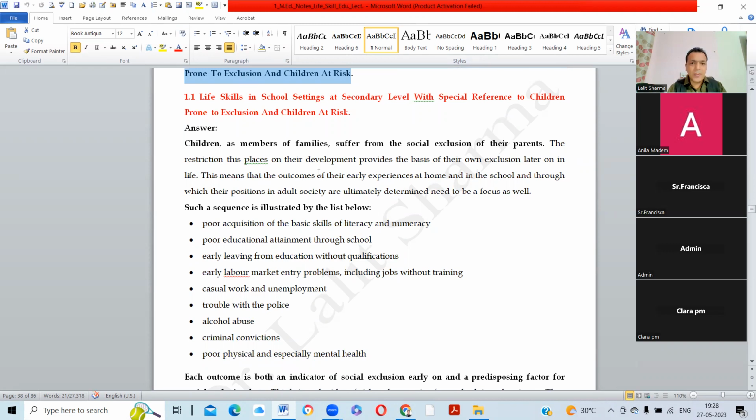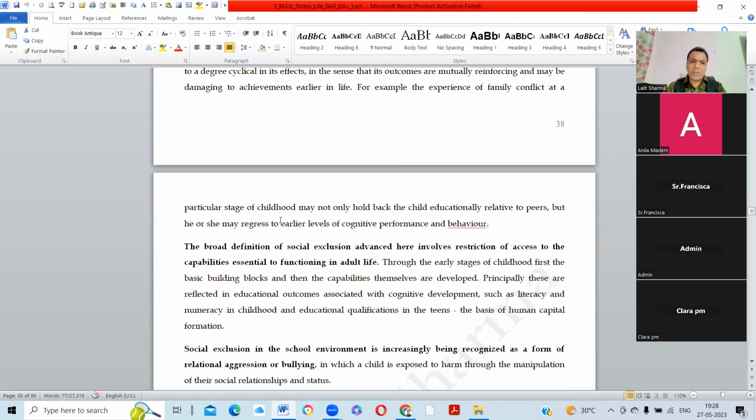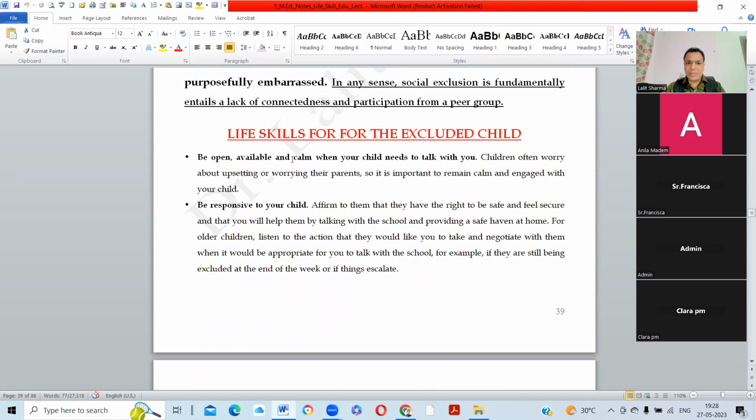right? So this is very much necessary. So again the same thing has come up, right guys? Life skills education, how it is playing a role for the welfare of the student, in fact for the teachers. Life skills for the excluded child,